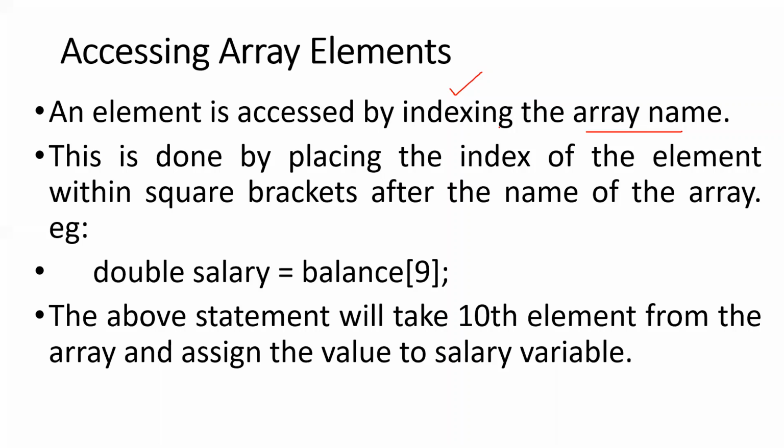You know the array name, but now we are going to study a new term called indexing. We didn't have that concept when we were learning about arrays, but here we are going to learn how to index an array name. So how is it done? It is done by placing the index of the element within square brackets after the name of the array. So indexing is nothing but keeping the index of the element in square brackets. What is indexing? Indexing of an array name is nothing but